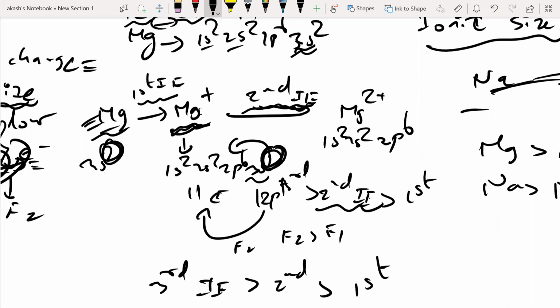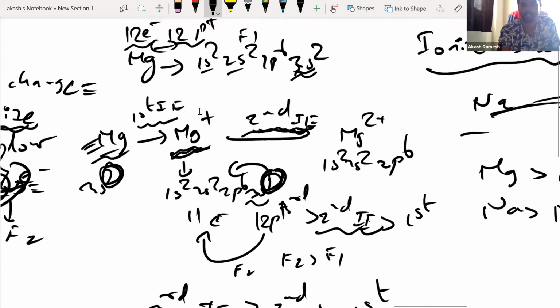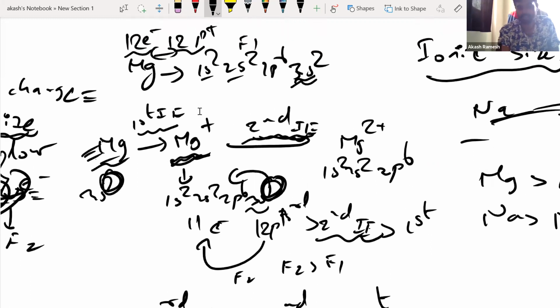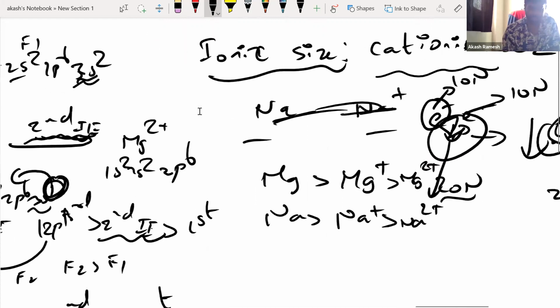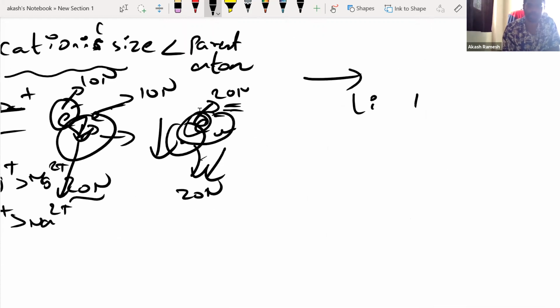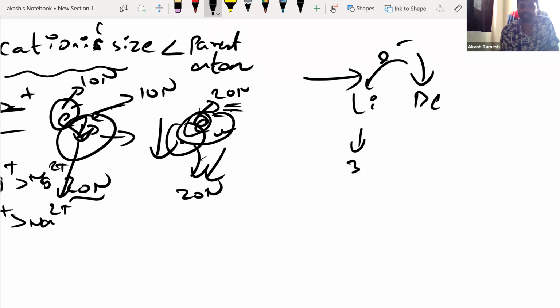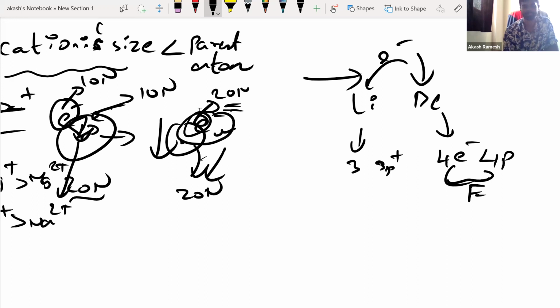Even if you remove the electrons, nuclear charge is increasing in the same valence shell. You should not be considering it as a process of adding an electron here. When I told you that, along the period, say lithium, beryllium and so on, it's not like you add an electron to lithium and it is going to become beryllium. Lithium already has 3 electrons, 3 protons, and in this case I have 4 electrons and 4 protons. Obviously the force is higher here.